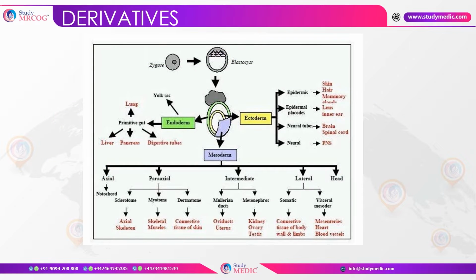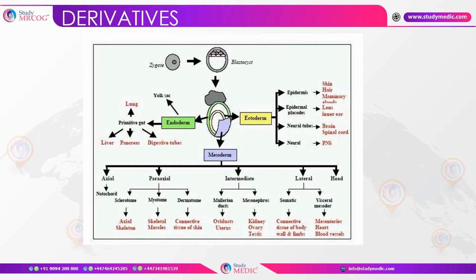Now it is important to know about the derivatives of each of these layers. As I discussed, we have ectoderm, endoderm and the mesoderm. Ectoderm is the outermost layer where we have the formation of epidermis, that is the skin, hair, the mammary glands, the epidermal placodes like the lens, the inner ear, and the neural tube, the brain and the spinal cord and the peripheral nervous system form from the ectoderm. Coming to endoderm, it is where the yolk sac, the primitive gut, the lung, the liver, pancreas and the digestive tubes are going to form, and the mesoderm is going to give rise to a large number of structures, notably